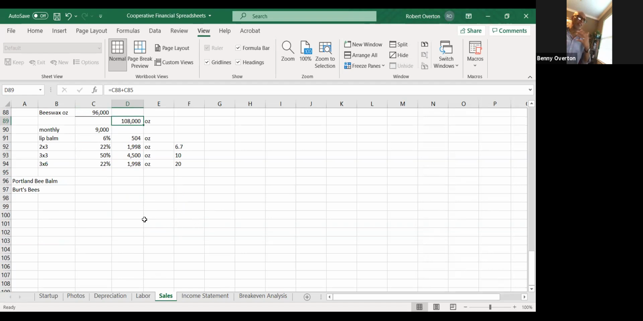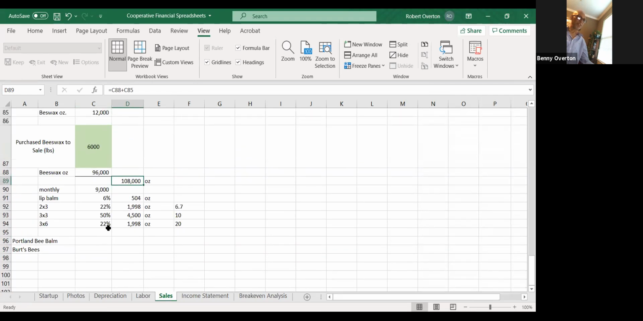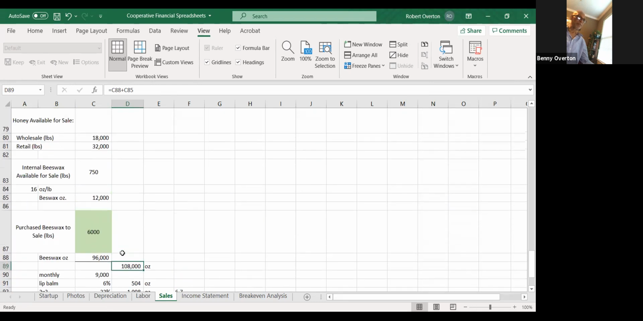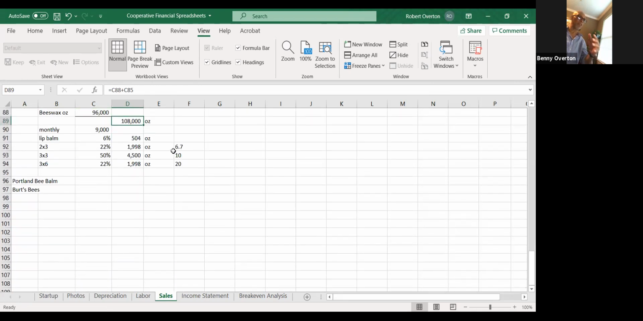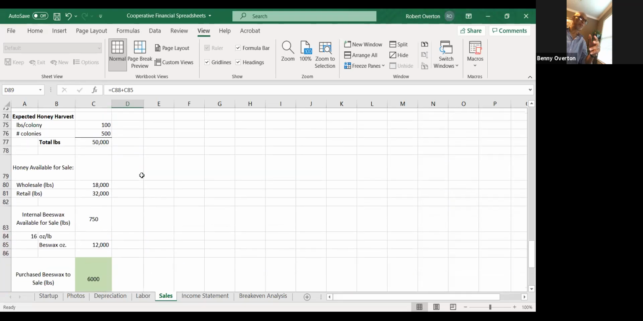And some of the prices that we've got, we're trying to meet our competitors. Here's some of the competitors for the lip balms, Portland bee balm, and then of course, Burt's Bees. I think they're both available on Amazon. You can get a comparison of some of the prices. So given this breakdown of volumes and our pricing,